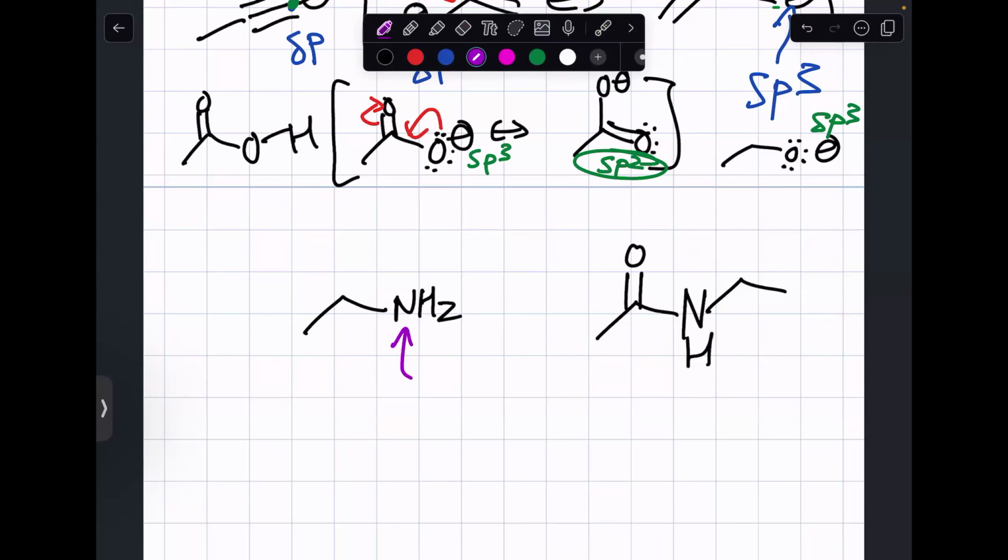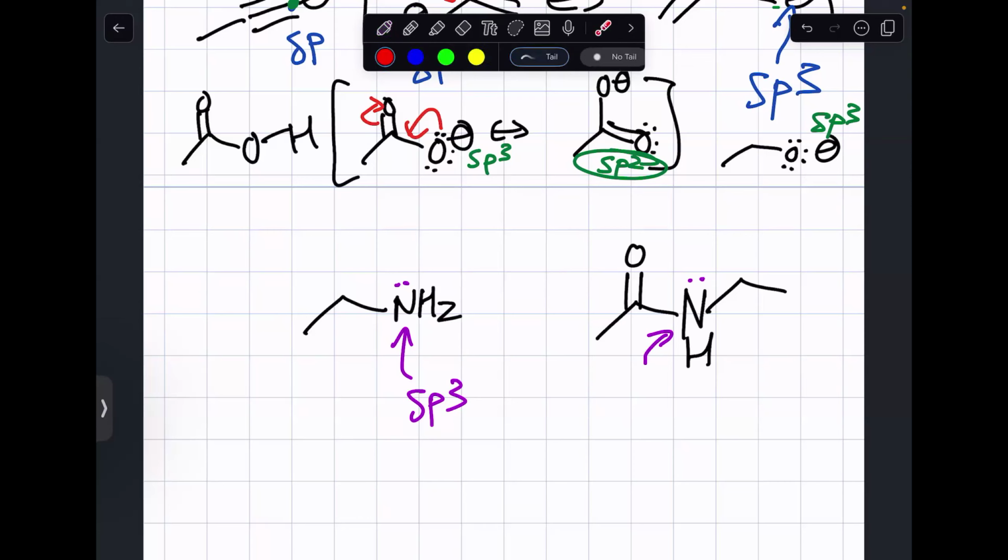sp3, because it only has 1 lone pair, and then 1, 2, 3, 4 bonding groups, sp3. What about this nitrogen here? Also, this one can do the resonance. Yes, it can do the resonance,